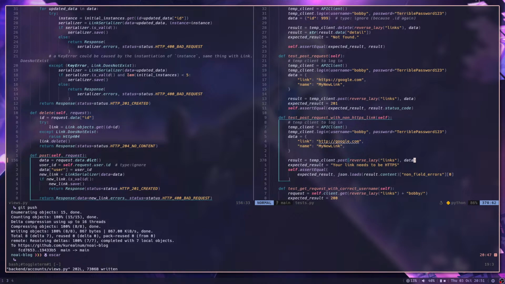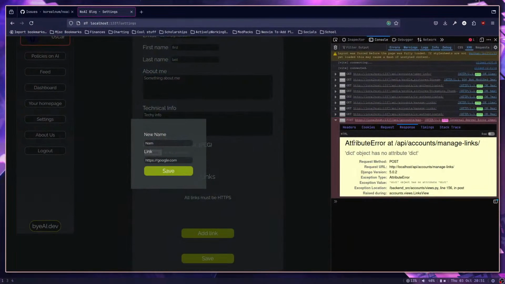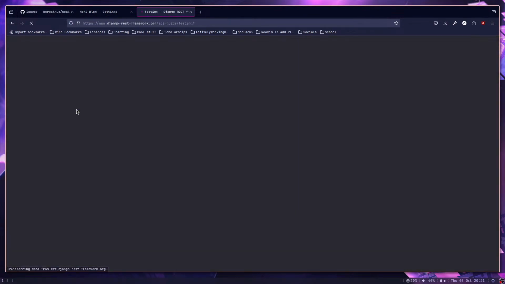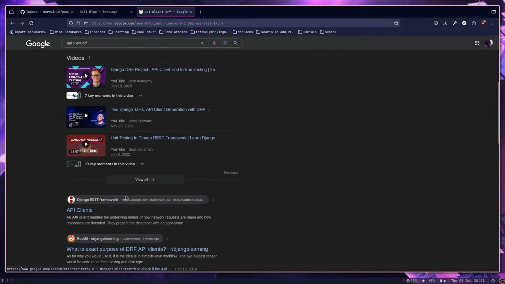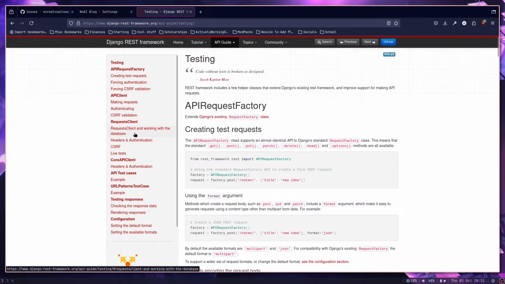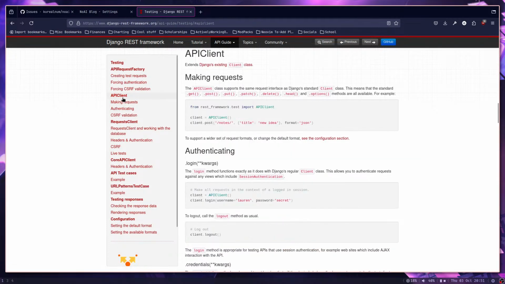Let me look up the docs for API client. Let me start there. We're gonna go with the theory that this is... Oh, did Google update their interface? Okay, well, I hate that. A little bit negative, maybe. A little bit negative. Anyways,